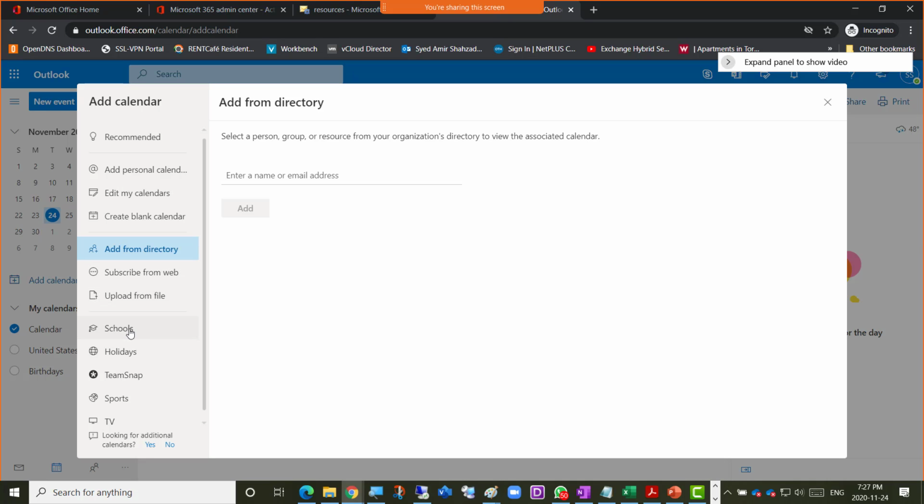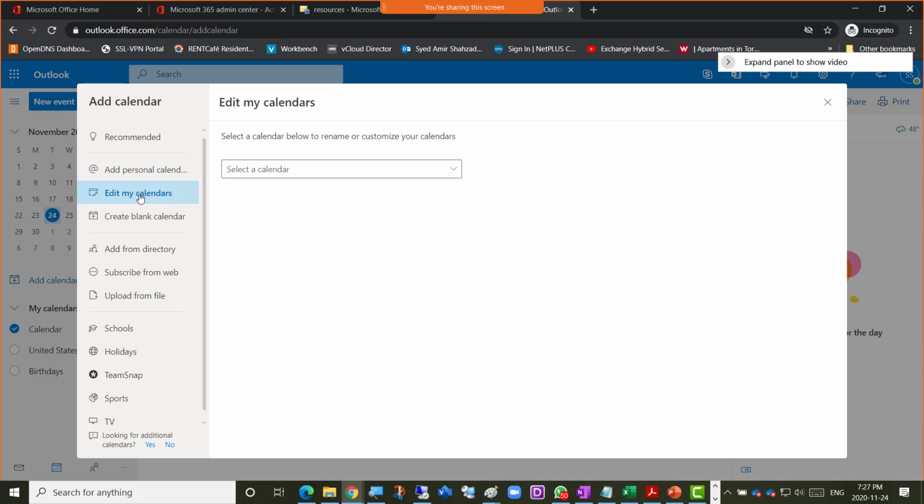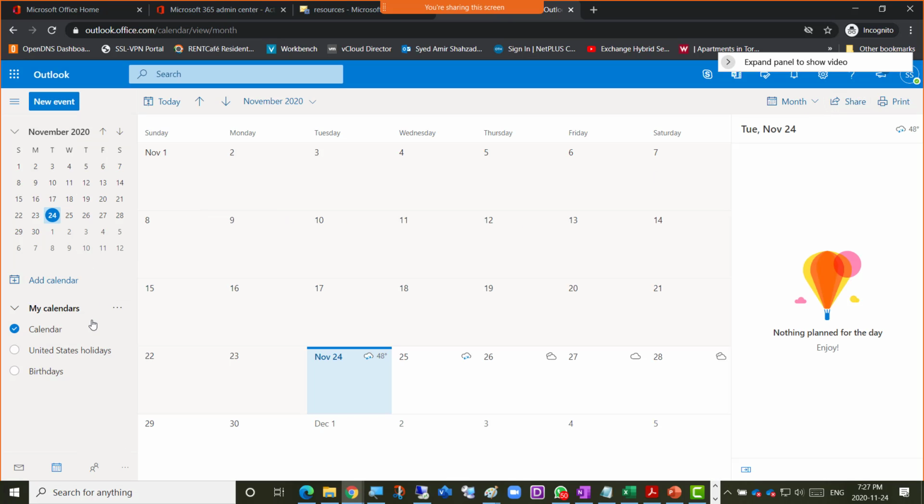So I go web, upload from file, schools, holidays, team snap. Nope. I'll go for add personal calendar here. Seriously, it used to add from the Azure Active Directory. And select your personal account. No, it's not from Google. Edit my calendars. Select a calendar. I don't have a lot of calendars here. No. Create blank calendar. Nope. So till now it's not added to Azure or Azure Active Directory right now. I'm going to close that and